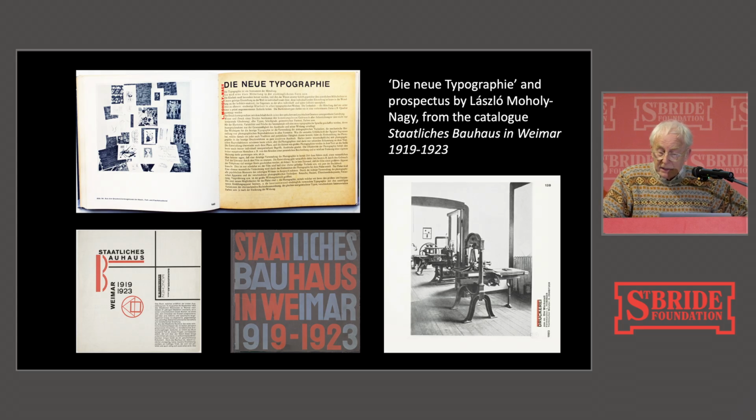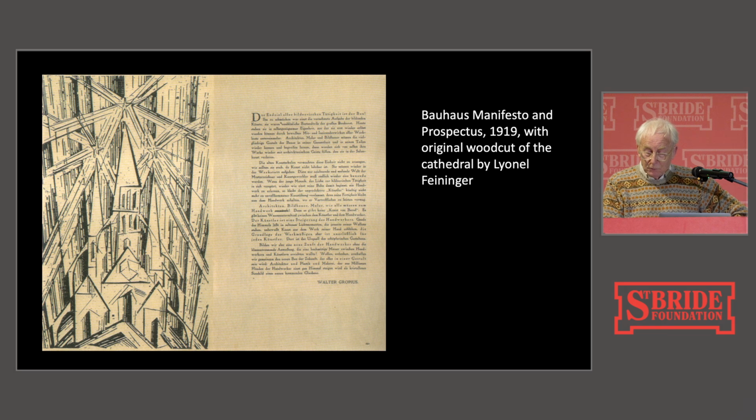In these early years, the school had no letterpress or typography workshop on site, so all graphic design was printed using lithography, intaglio, or relief work. Some materials were produced at an external press with whom the specifications were shared, but typeface selection was limited to what the printer had on hand. The effect of this can be seen in the disharmony between text and illustration in most of the Bauhaus Weimar publications, not least the Manifesto and Prospectus of 1919.